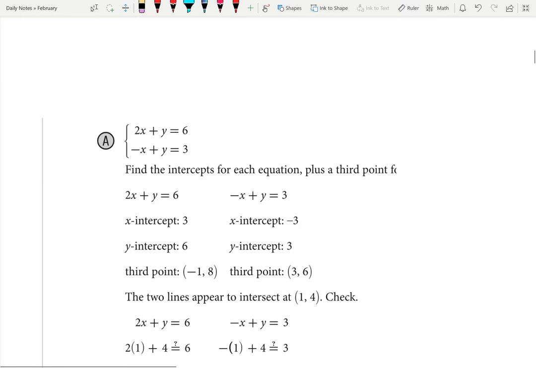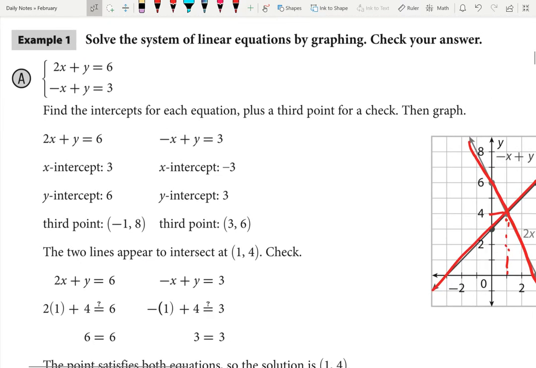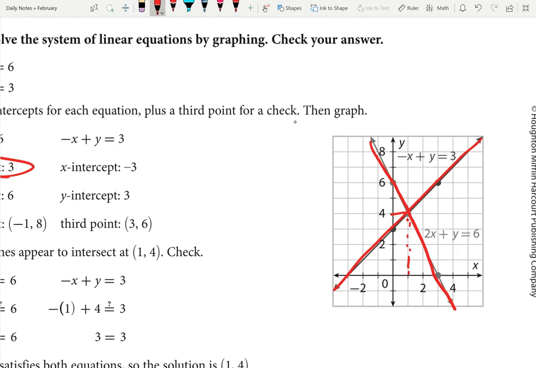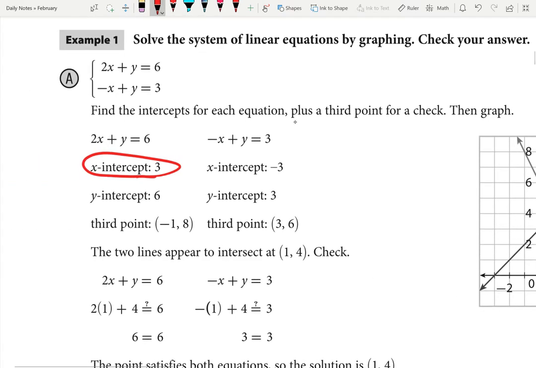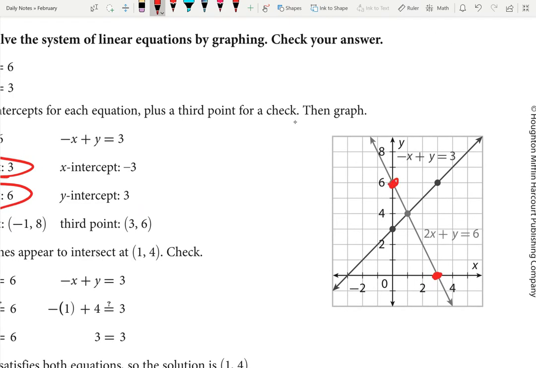And so when you go and graph it, you don't have to worry about a slope or anything. You just have to graph the intercepts. So for this one, x-intercept at 3, you would put the point here at x being 3. Let me go ahead and erase my original lines. X equals 3, you'd put that point there. And then the y-intercept at 6, you'd put that point there, and you draw a line